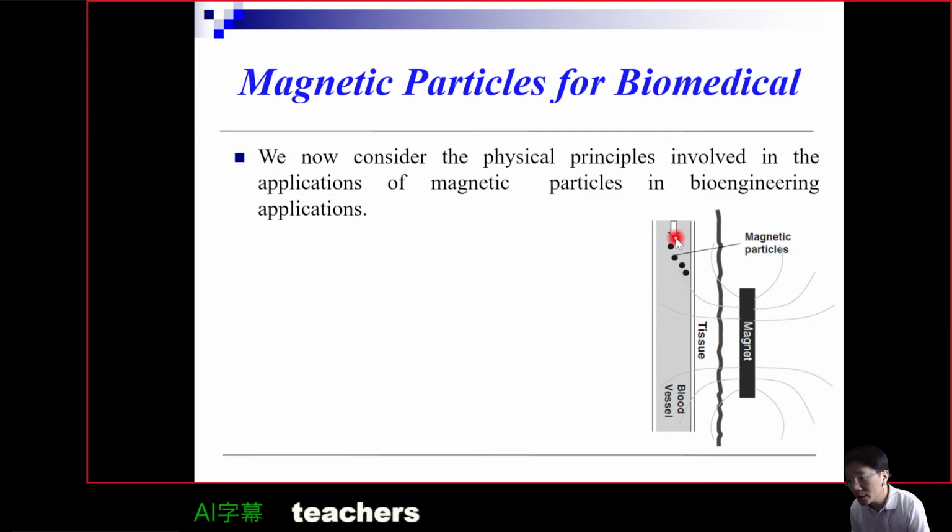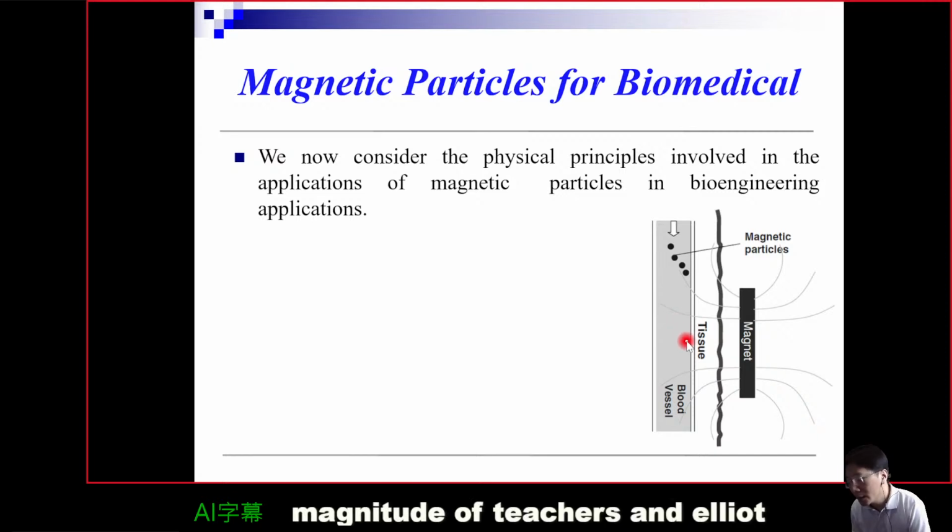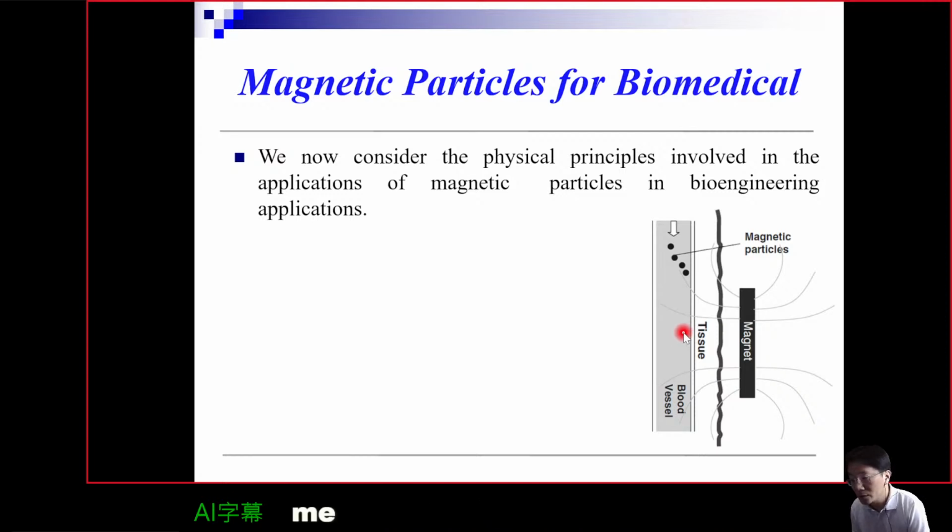So when we first guide this magnetic particle to the position of the tissue, they will easily connect together through some chemical reactions. At that time you can remove the magnet, and then it will automatically